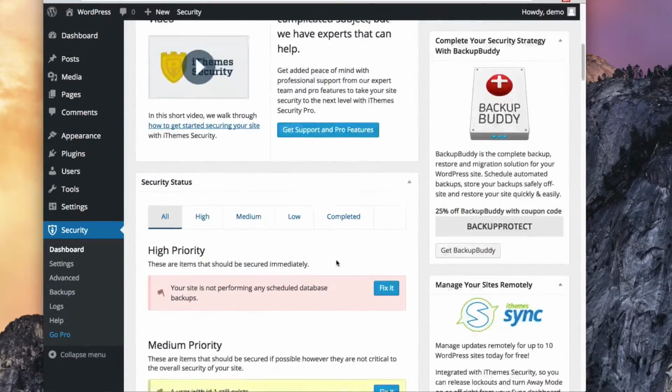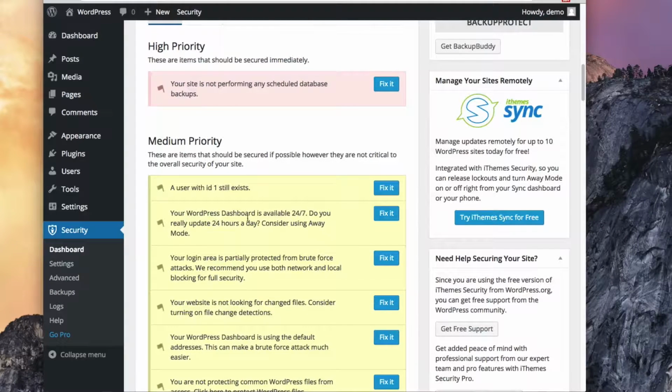Again, we'll go down, and then it says a user with ID 1 still exists. This is something that security experts have been recommending for a long time, just to change the user ID for the first person. So that's an easy fix. Just fix it,